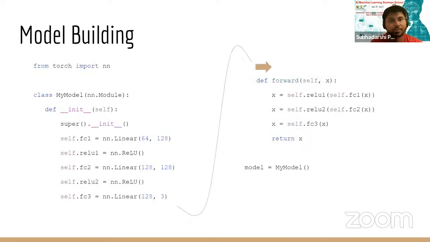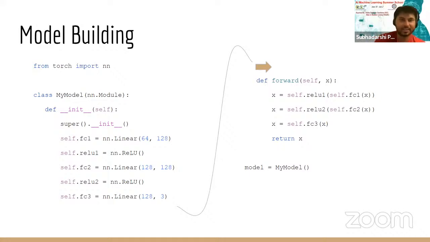But in the case of neural network based models, most of the time we need to define the whole model ourselves and then initialize it. We'll see a few examples in the demo section. So now we have built the model, we have the pre-processed data, and obviously the next step is to